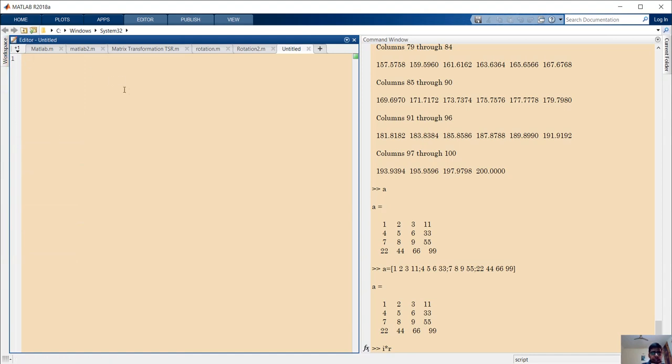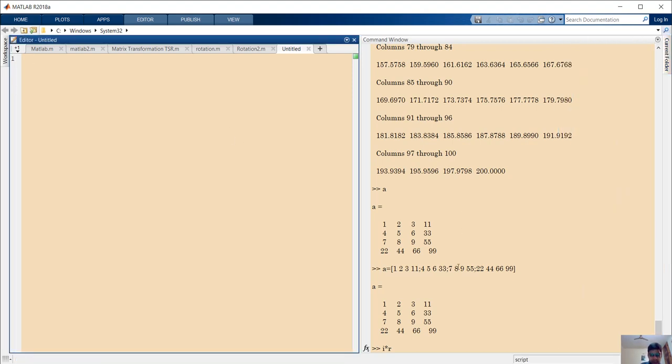And this is our editor. The editor is used if you don't want to have all the values shown. We will be using the editor in the next video, where I will explain everything about why we use it. And this is our current folder, which we don't require basically.